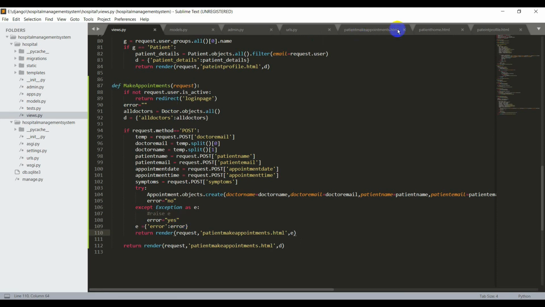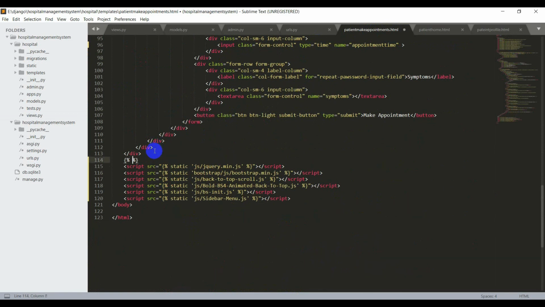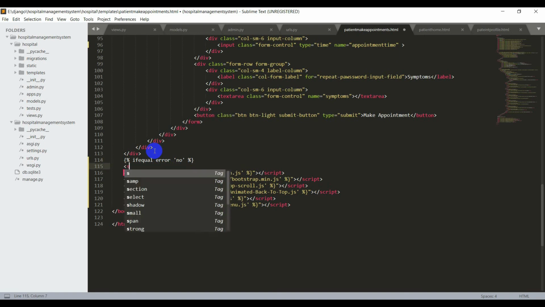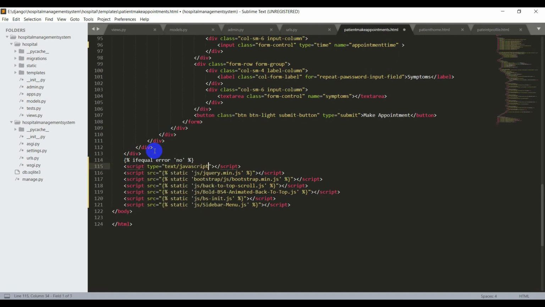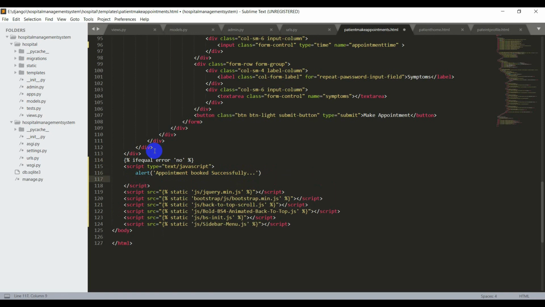And now in this template, I'll check for the error, braces percent if error equal to no. I'll open the script tag and I'll say alert of appointment booked successfully. After the appointment is booked successfully, I need to redirect to the same page, which is make appointments.